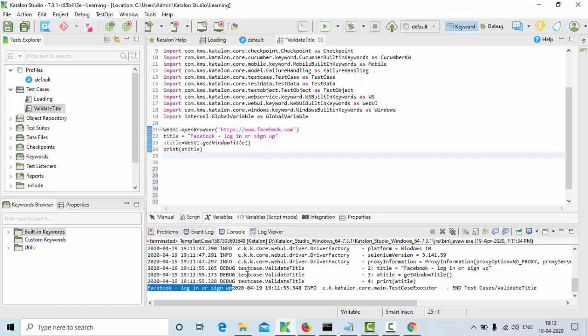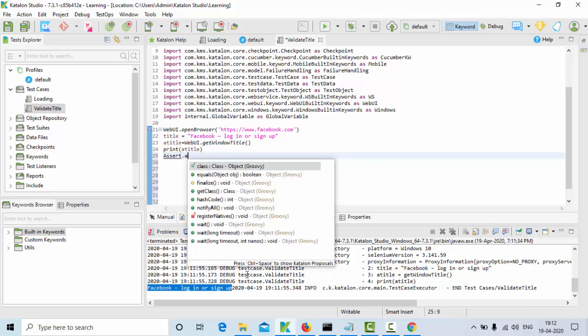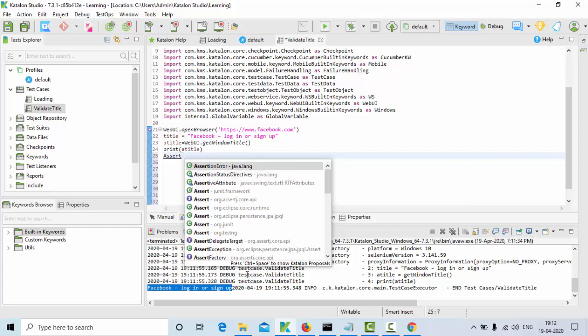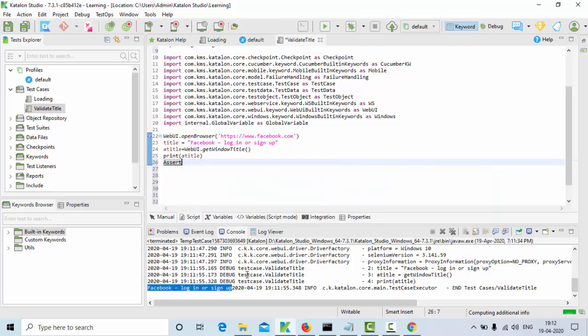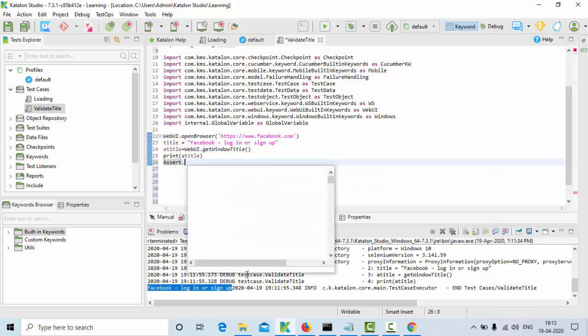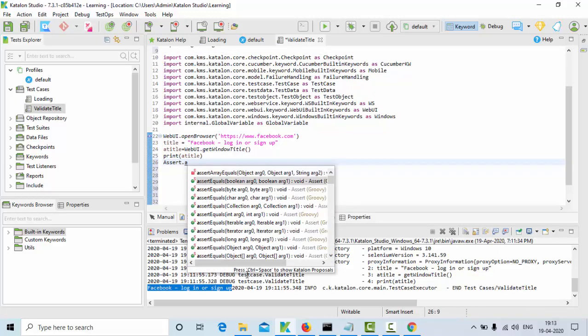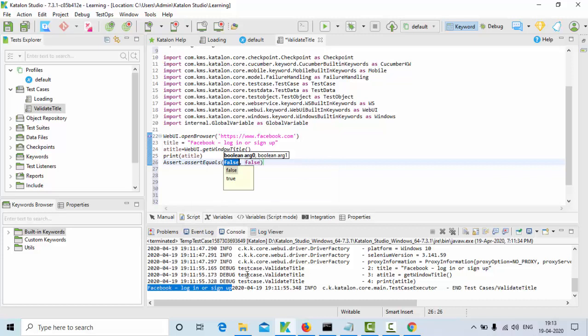So we can use something like assert dot, now you can see this one, TestNG assert equals, and my title is title. Okay, and I am trying to validate against the web page title here.